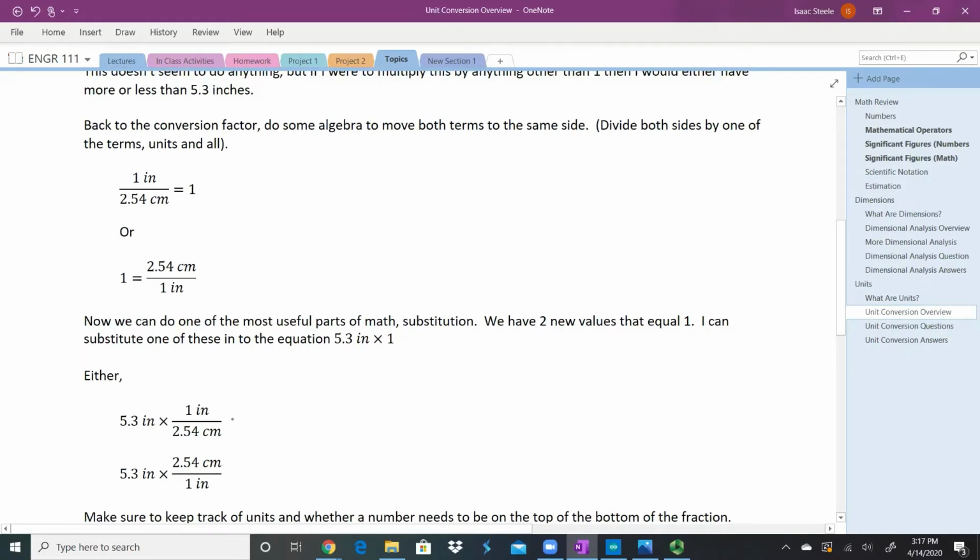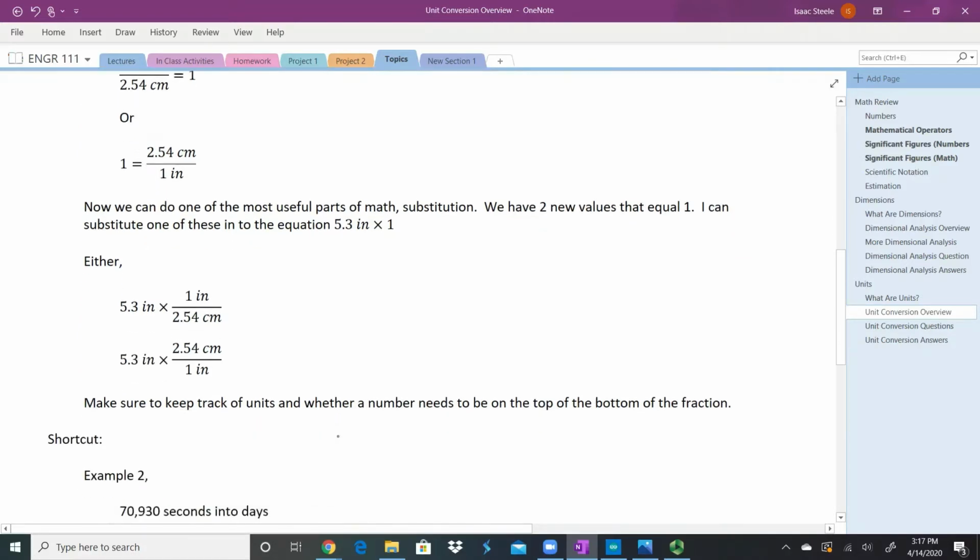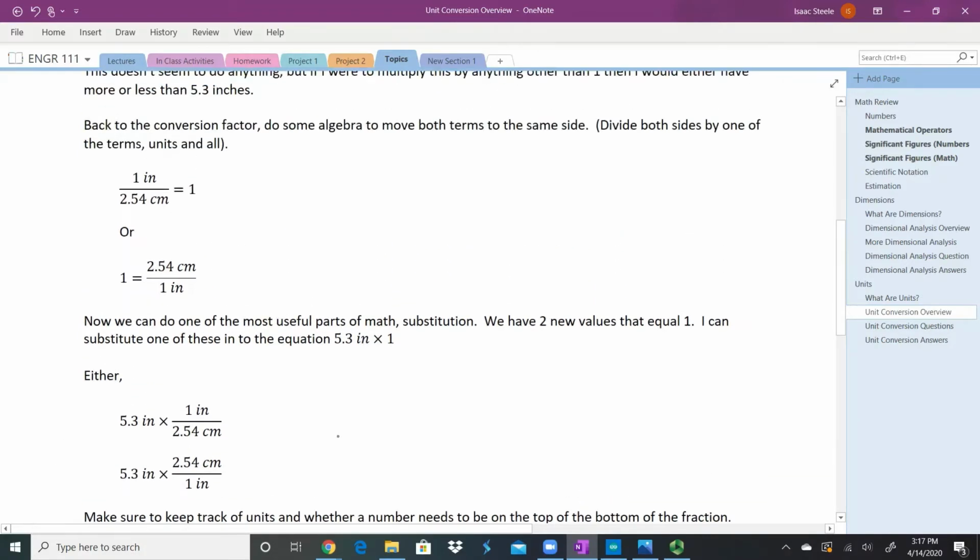What we're going to do at this point is make sure that we keep track of our units very, very carefully, and we follow all of our mathematical rules. All I've done at this point is substituted. So if we were to do this,